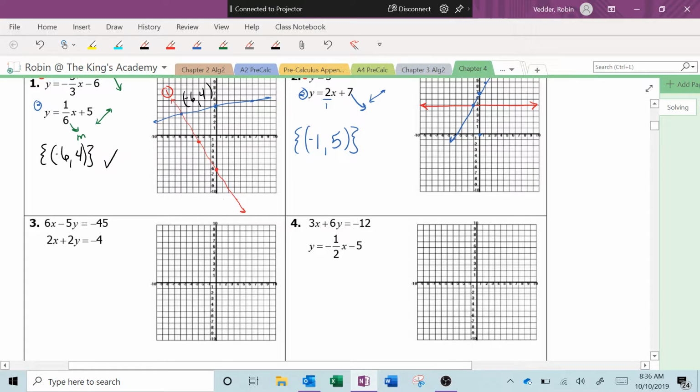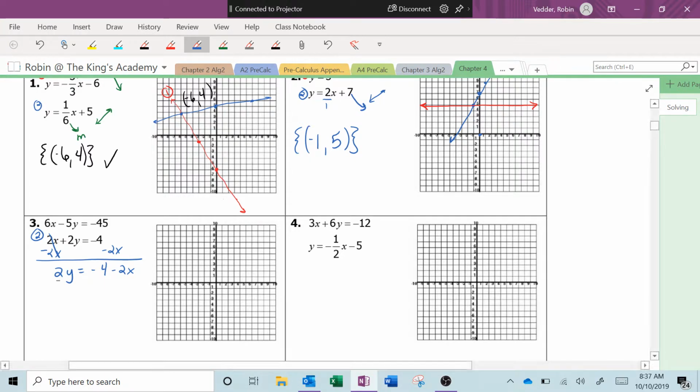For questions like number 3 and part of 4, you have to turn it into slope-intercept first. So if we look at the first line, actually let's do the second line first because it's got space under it. How do I turn the second line into slope-intercept? Thank you. Subtract the 2x from both sides. We get 2y equals -4 minus 2x. Again, be very careful when you copy down your signs. And final step to getting y by itself,